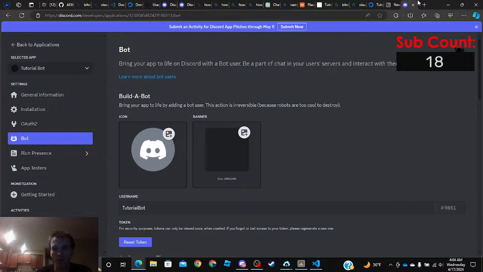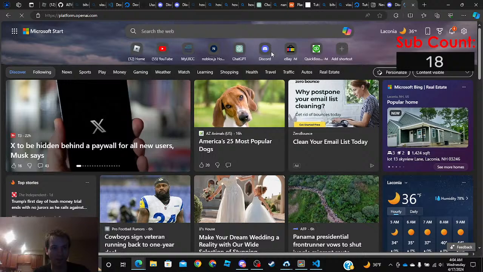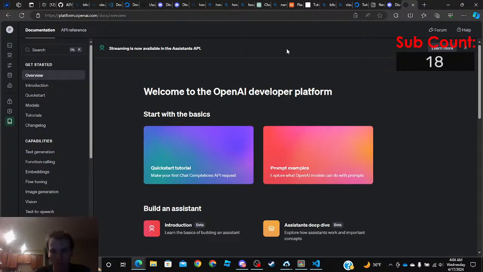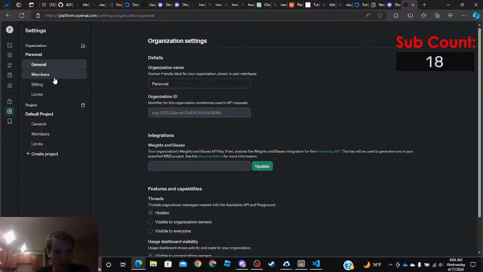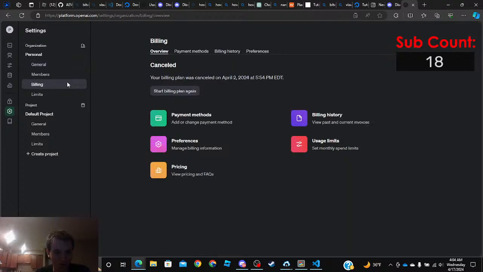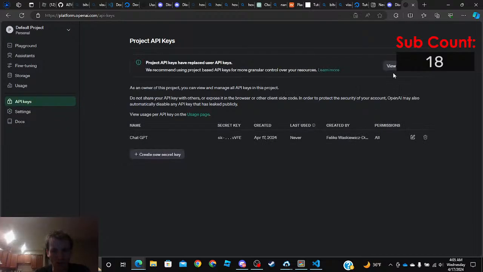And then if you're using ChatGPT, what we did, we went to platform.openai.com. We signed up with our account. We went to settings. We went to billing, and then we added a payment method and we started our billing. Then you go to API keys. You want to create a new secret key, copy that token, put it in the ChatGPT API, and then you want to,